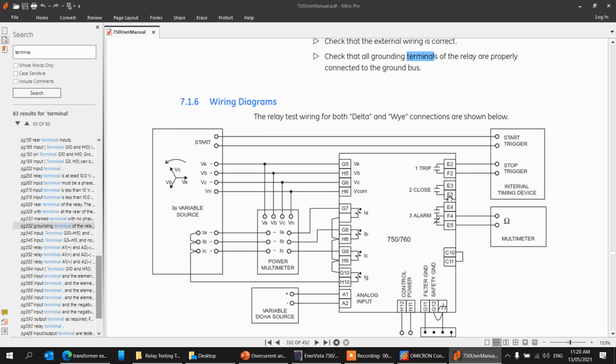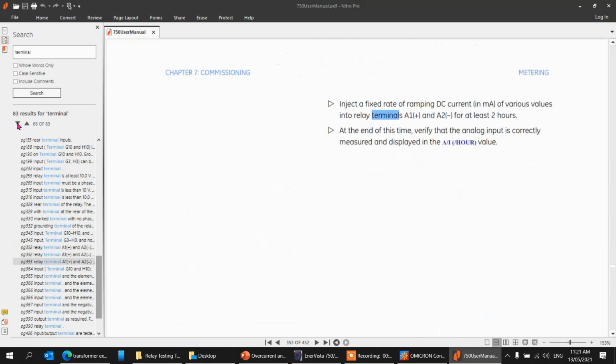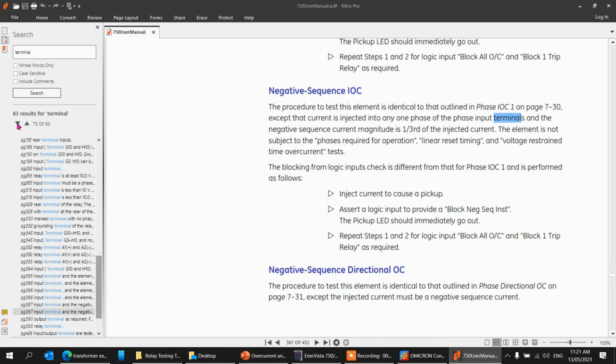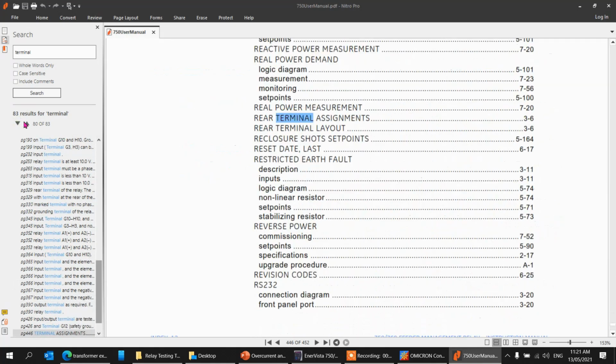You haven't seen the schematic, you haven't seen the settings, how the protection is designed, and sometimes you need to cool down yourself. They thought that testing this kind of job is easy, but you need to analyze everything to do it properly. That's why in doing relay testing, you must be good in reading schematic